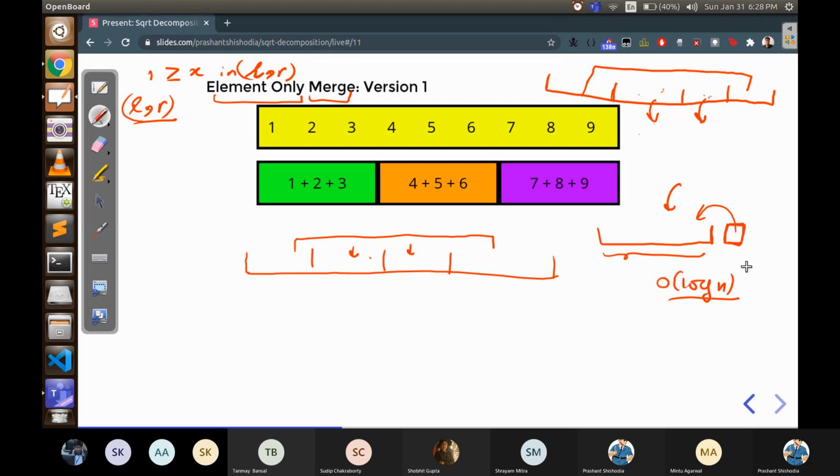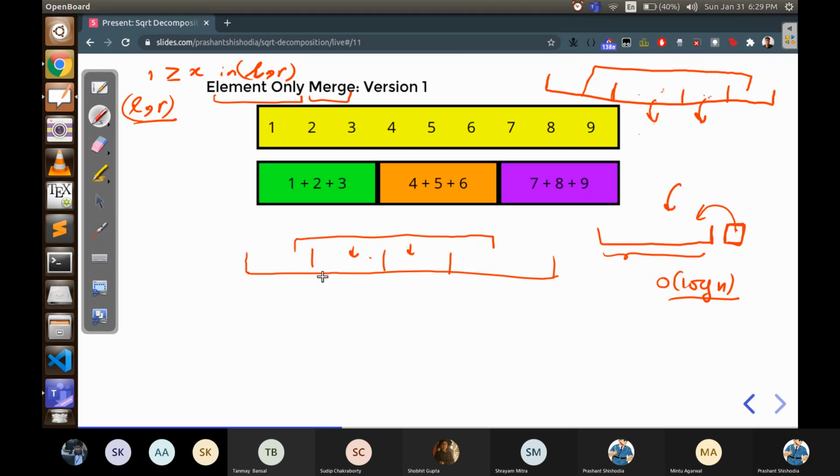Okay, just assume that you can do it for now. You can do it with a slightly complicated segment tree, but just assume that you can do it for now. The thing I'm trying to tell is you can easily add an element to a range, but you cannot add another range to a range. So that is the problem.